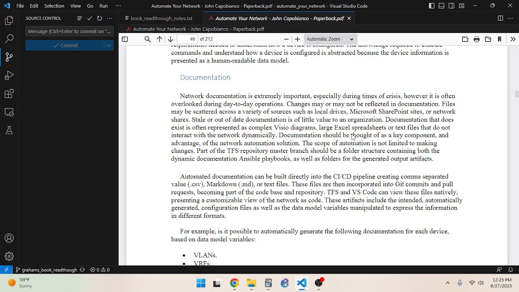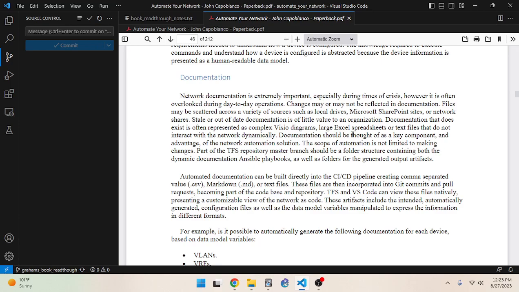Stale or out-of-date documentation is of little value to an organization. Documentation that does exist is often represented as complex Visio diagrams, large Excel spreadsheets, or text files that do not interact with the network dynamically.